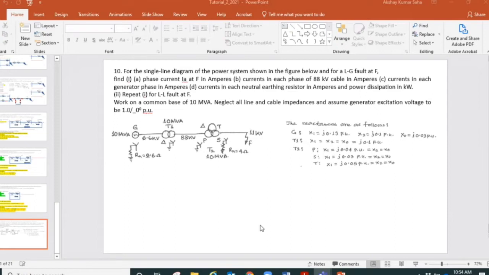One winding is connected in delta, the other winding is connected in star solidly grounded, the other winding is star grounded through a resistance Rn of 4 ohm. And then we go to the line that is operating at 11 kilovolt, and then there is a fault point F. And if we come back to this 3-winding transformer,